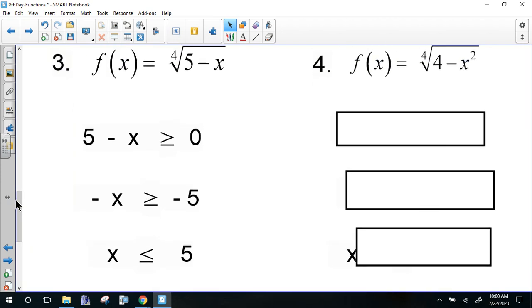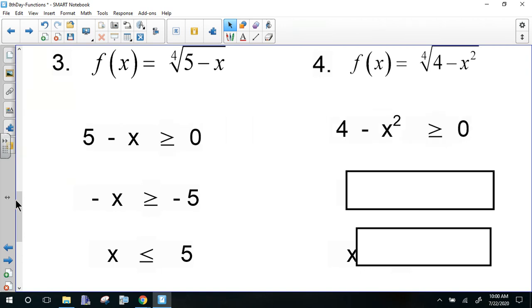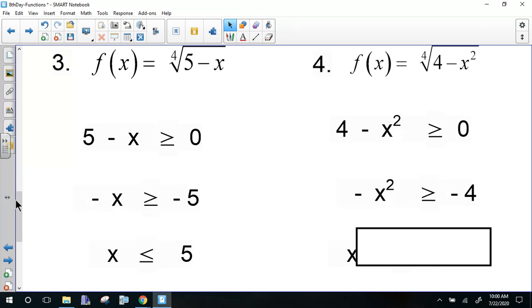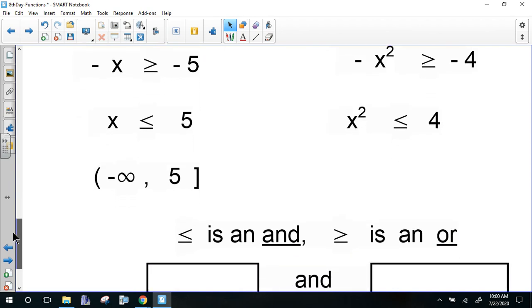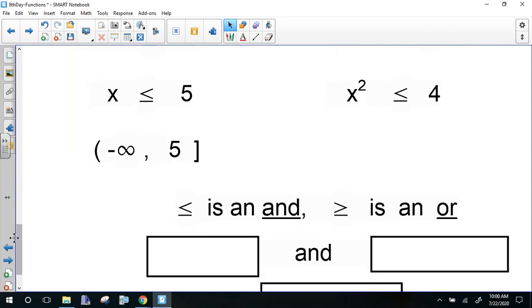Okay, let's go back to number 4. It is a positive even root. So I take what's underneath the radical, make it greater than or equal to 0, and I solve for that. I'll have negative x squared greater than or equal to negative 4. I get rid of the negative. It changed the direction of my sign. And if I take the square root of both sides,